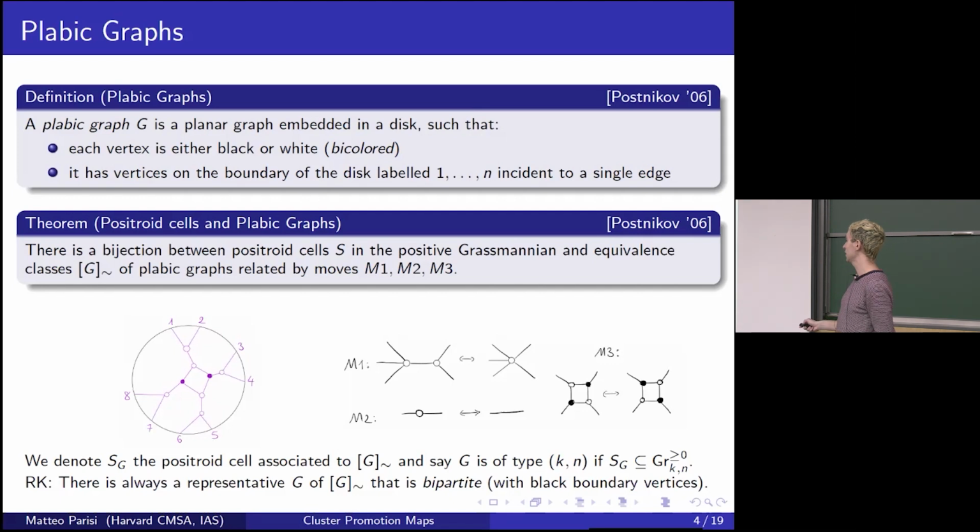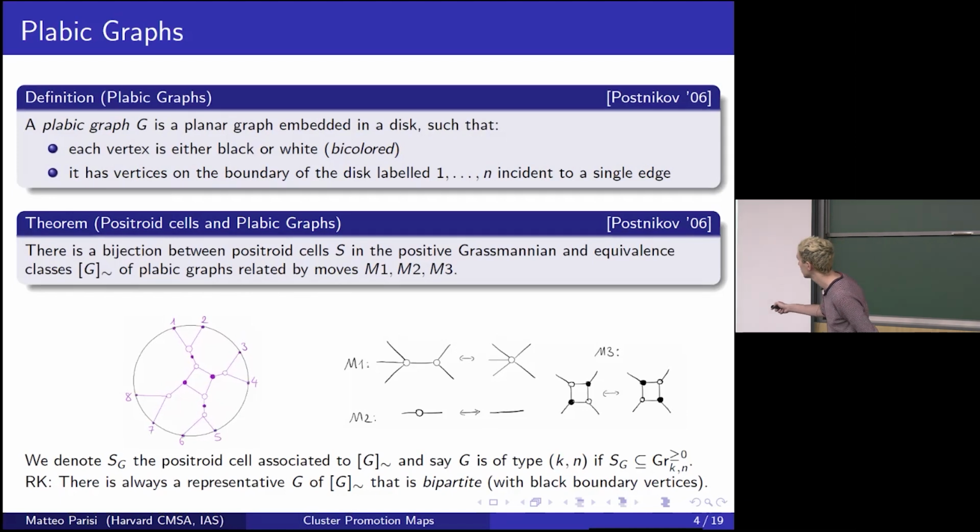Also, another thing is that we can always pick a representative in our equivalence class such that our Plabic graph is bipartite if you consider black vertices at the boundaries. So in particular, here we can add some black vertices using this move that doesn't do anything, such that everything is bipartite, meaning each edge is adjacent to a black and a white vertex. It's going to be useful